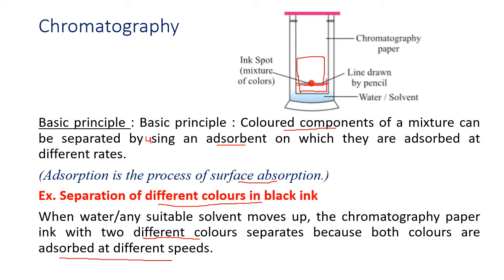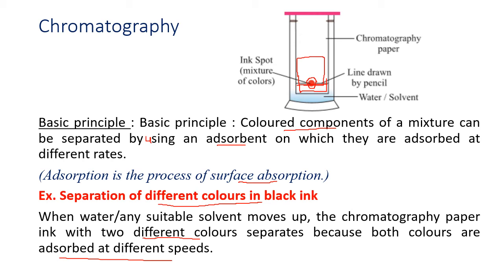Okay. Now put a small drop of ink. You can see this drop of ink which is put on the paper at the center of the line. Let it dry first. After it is dried, lower the paper into a glass jar or beaker containing water. How to put it in such a way that the paper is just above the water level. So you can see the arrangement here. Try to see the arrangement.